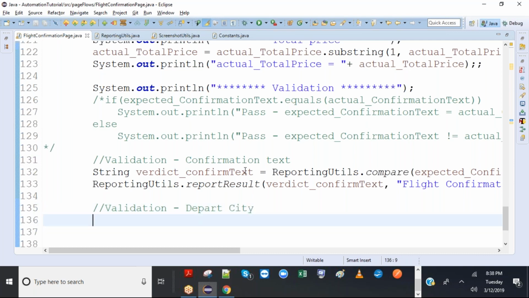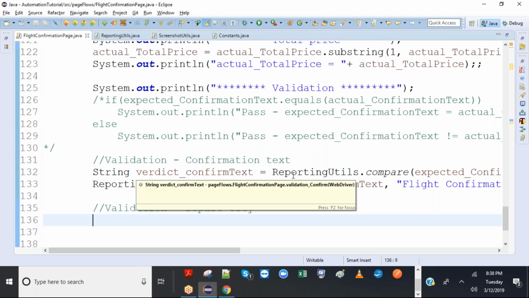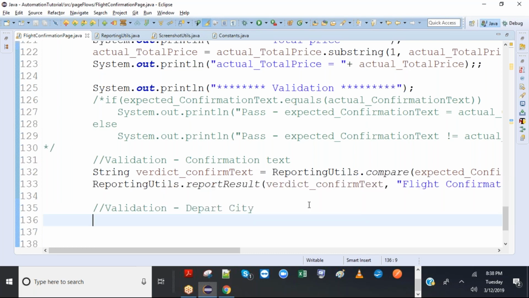First, we will get pass or fail using ReportingUtils.compare. So I create a string variable. You can actually pass the whole thing inside it, but that would be too complicated. So let's not do that right away. So let's say verdict underscore depart city equals ReportingUtils dot.